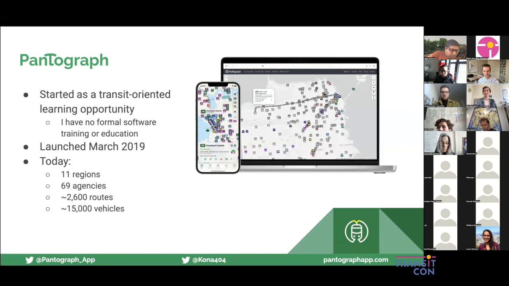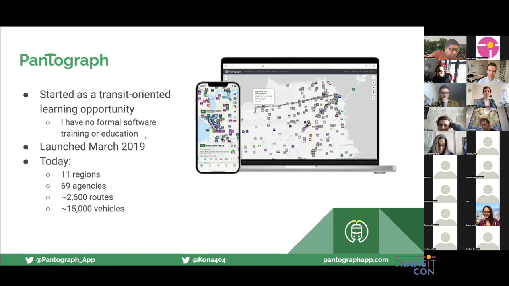So at first I just had to make sure that it was stable, and then I had to go back and essentially redo a lot of the work with the knowledge that I had. So that was a lot of the first year, even two years of Pantograph, was this iteration, both in terms of features, but also in terms of just making sure that the backend is structurally sound.